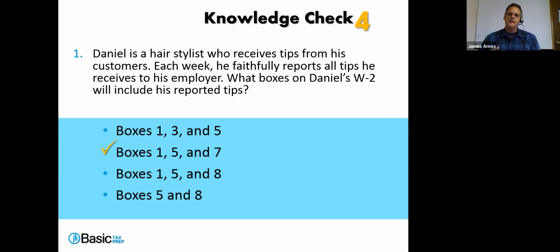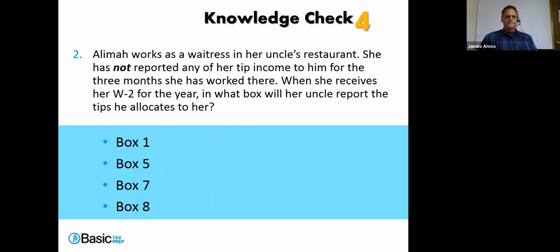Remember, we're saying he reported them. Where do they come through at? Well, they show up as part of his federal income tax wages that is earned. They show up obviously as federal income, tip income earned, and it also shows up as Social Security wages. Okay, so